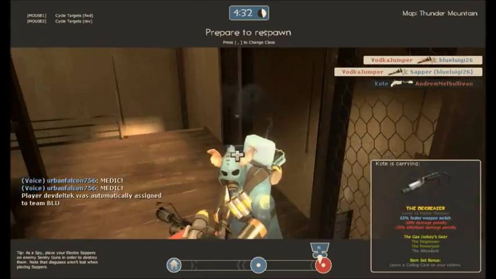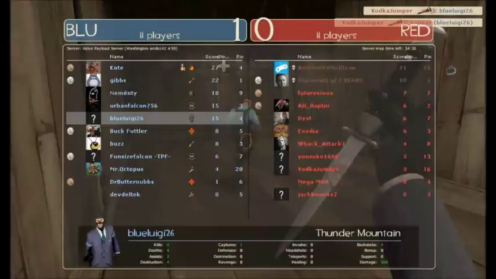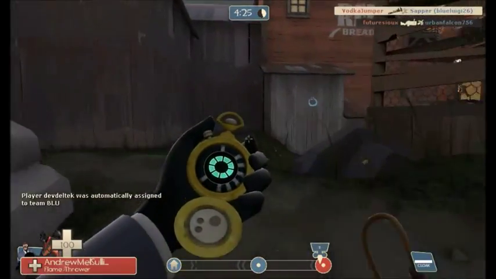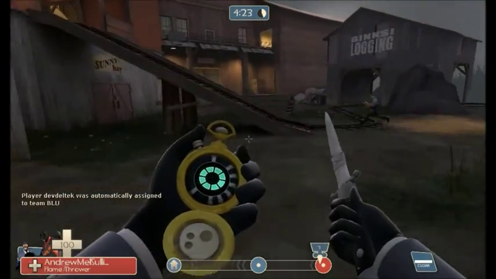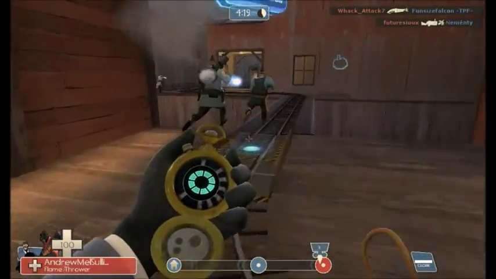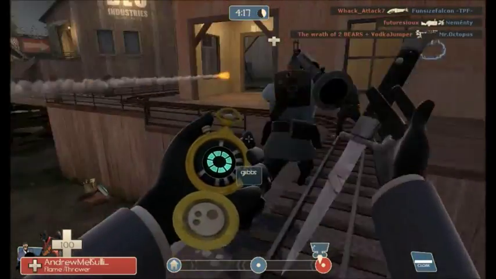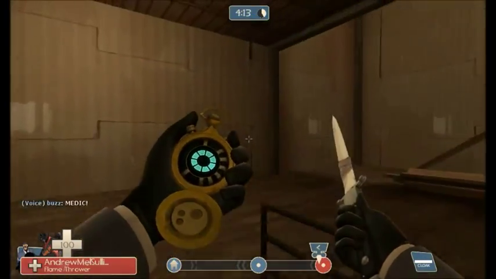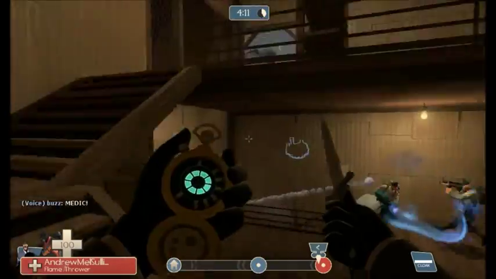Now, the regen rate whenever you recharge a Dead Ringer on its own is decreased from 80% to 50%. So that means that you use the Dead Ringer much less often if you're using it alone without any other weapons that grant you cloak. And